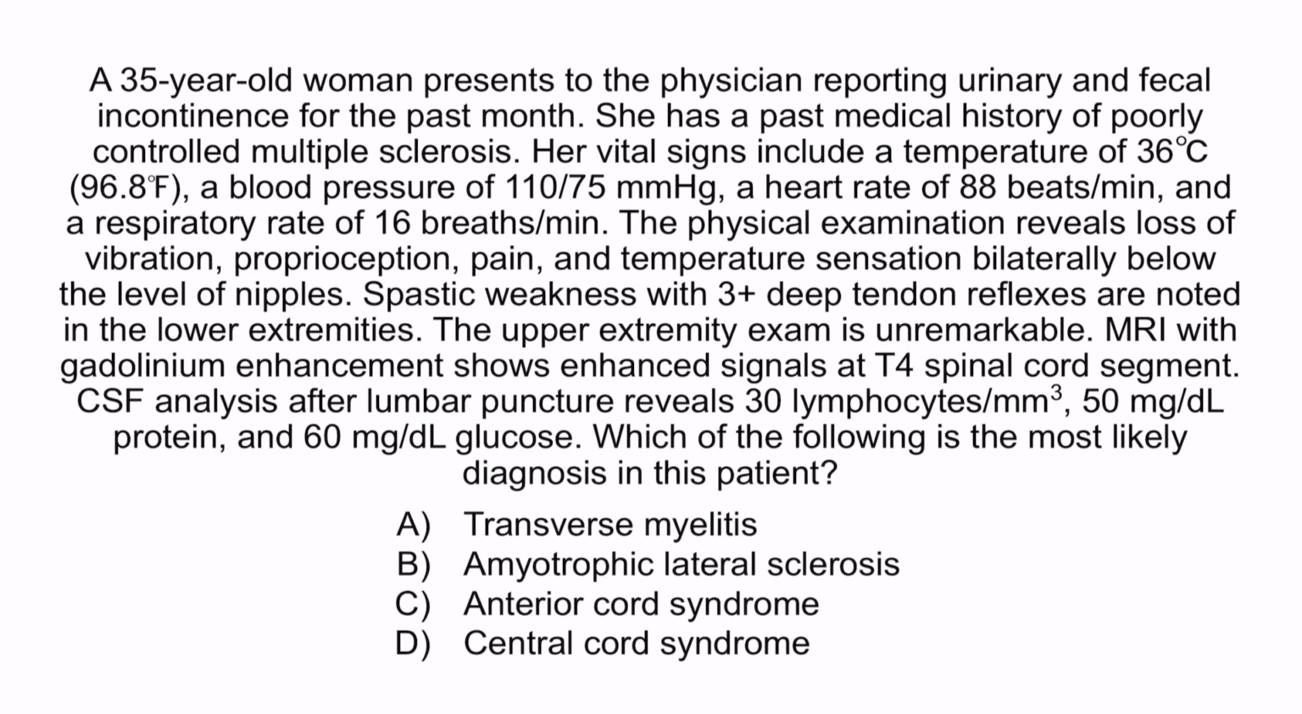Which of the following is the most likely diagnosis in this patient? A. Transverse myelitis. B. Amyotrophic lateral sclerosis. C. Anterior cord syndrome. D. Central cord syndrome. This young woman with poorly controlled multiple sclerosis presents with urinary and fecal incontinence for the past